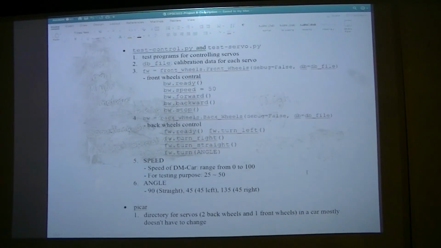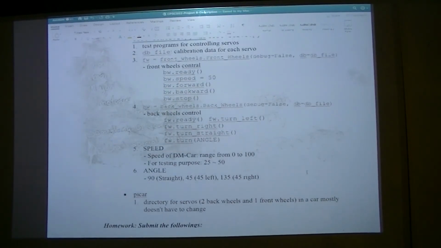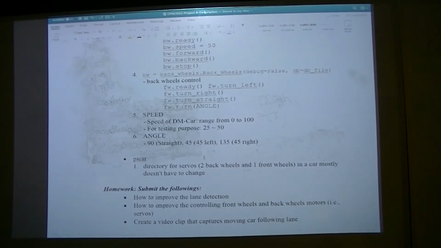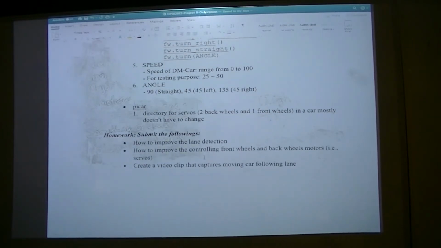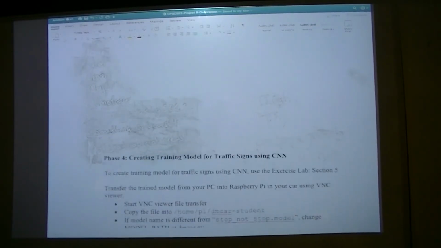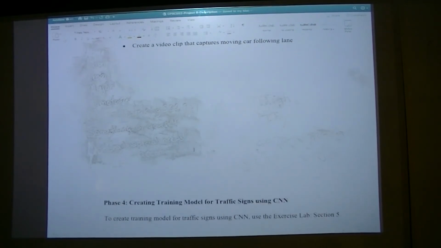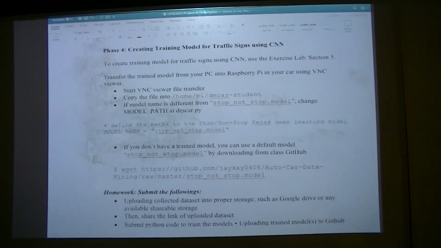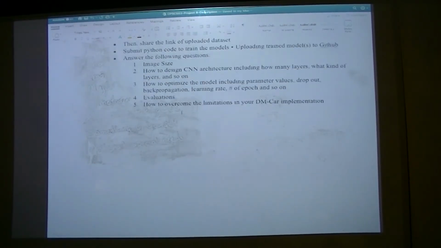I provide a very basic program that lets you control forward and backward, the speed, turn left, turn right, and turn angle. I think that is pretty much enough to control the car. However, if you want to add more, definitely feel free to add. Straight lane detection is working, but it's not perfect, so you need to improve that. Okay. Then